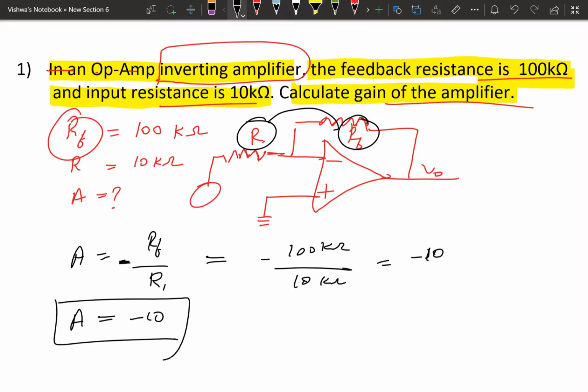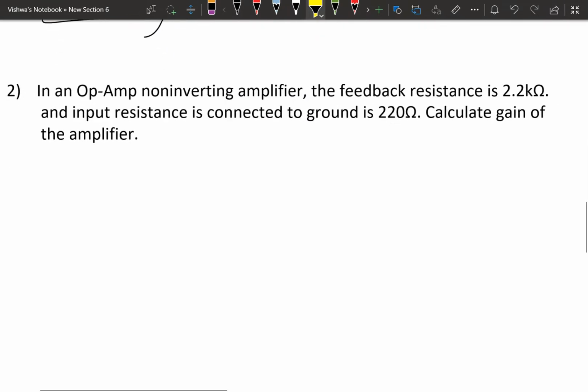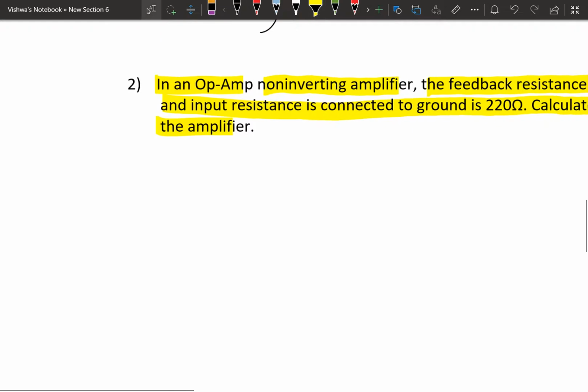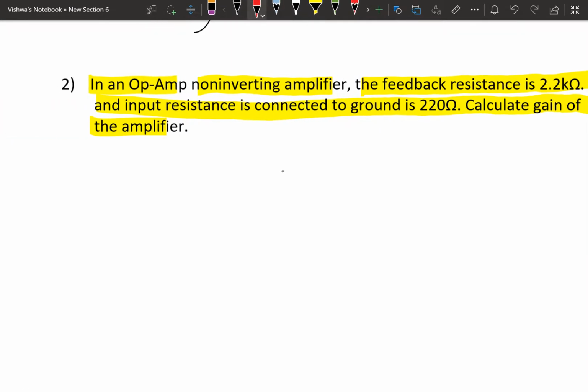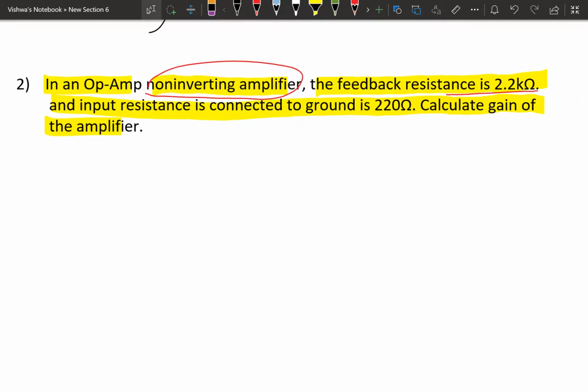In an operational amplifier, non-inverting amplifier, the feedback resistance is 2.2 kilo ohm and the input resistance connected to ground is 220 ohm. Calculate the gain of the amplifier. So this problem is related to the non-inverting amplifier. The feedback resistance value is given. The input resistance is connected to ground, that is 220 ohm. Calculate the